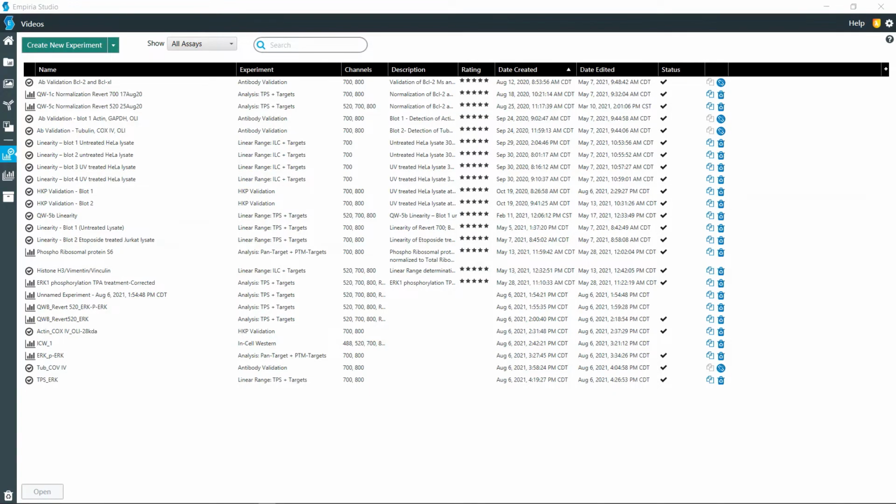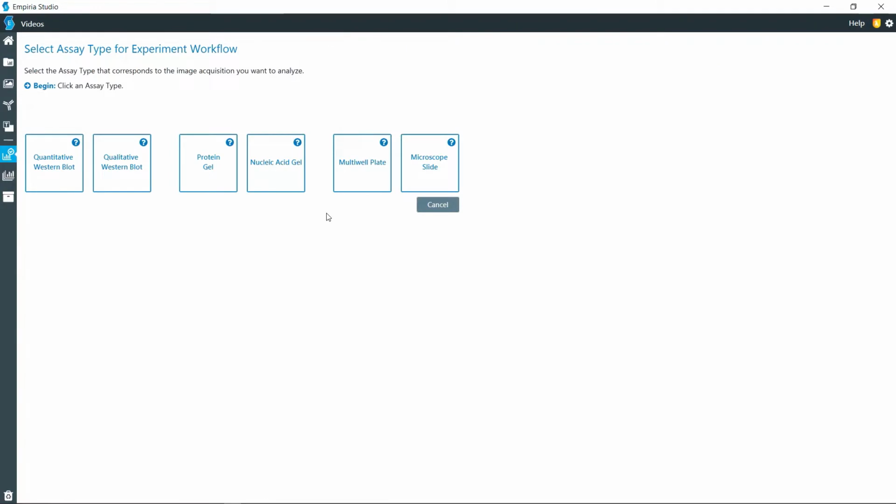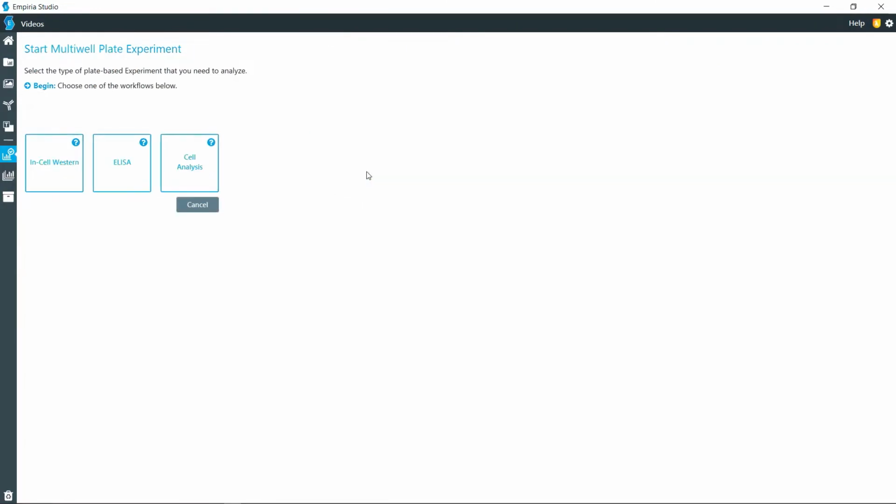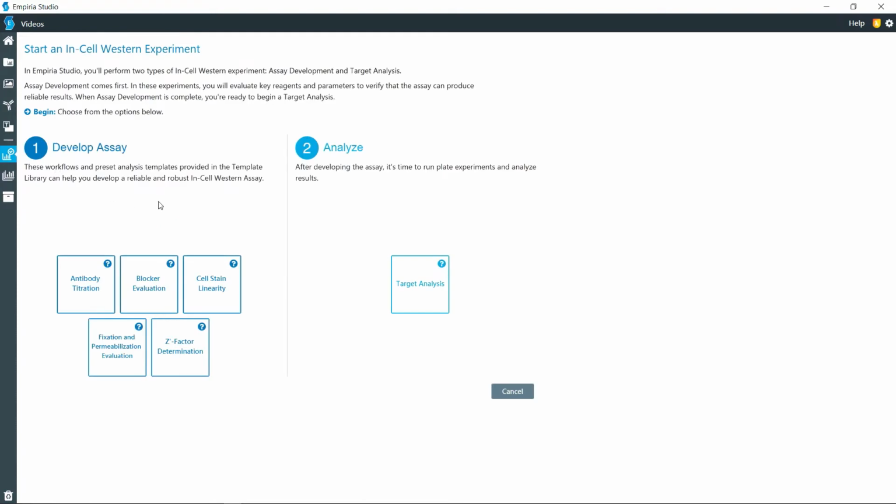In this video, we will be going through the steps in doing an In-Cell Western analysis. So in the project, you're going to go ahead and click on Create New Experiment, and you will choose Multi-Well Plate. And then we choose In-Cell Western Analysis. Now from here, we can go through the assay development steps, but for this video, we'll be doing what is